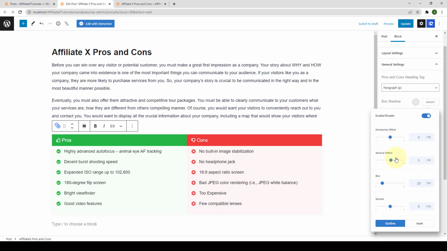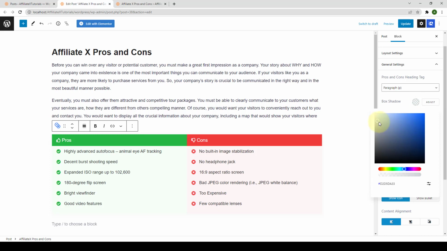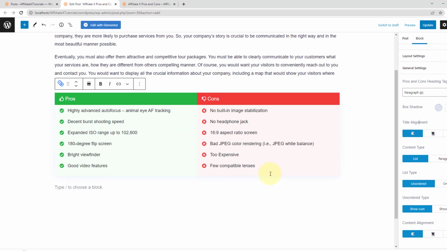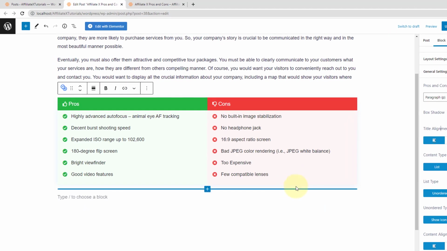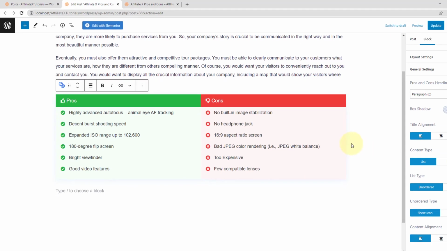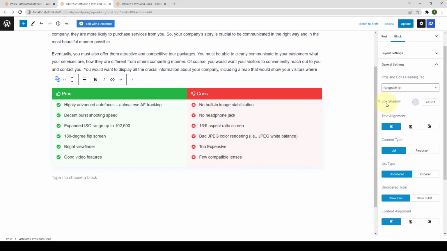You can make various adjustments with these settings to add a box shadow. To demonstrate the option, let me select a color from here. Let's go with this one. And already you can see the shadow has been applied to the box. I'm going to reset the box shadow option by clicking on the reset icon, which will then remove the box shadow from here.